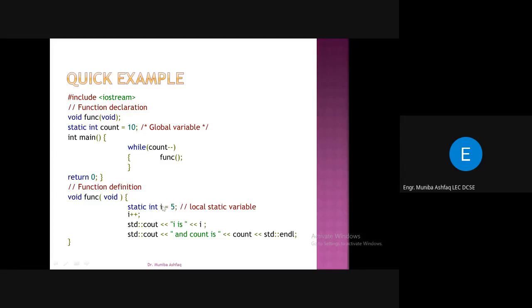There is a local variable int I, and its value is 5 here, and we also declare it static. So two things: we have the global variable count, its value is also static, right? And here we have a function. Within that function we have a local variable, and its storage class is static. So the first time its value is initialized with 5, and then I plus plus,